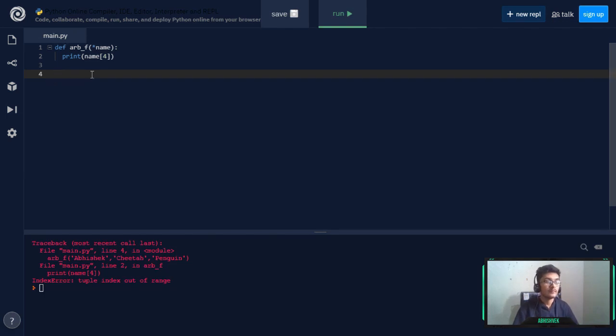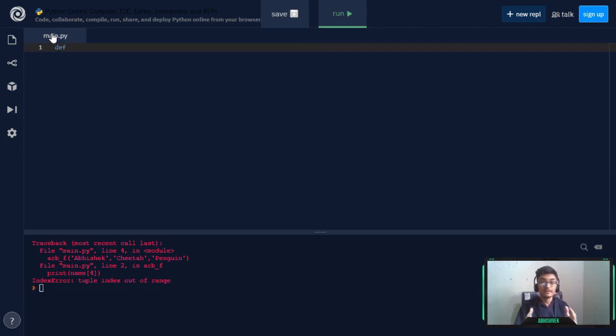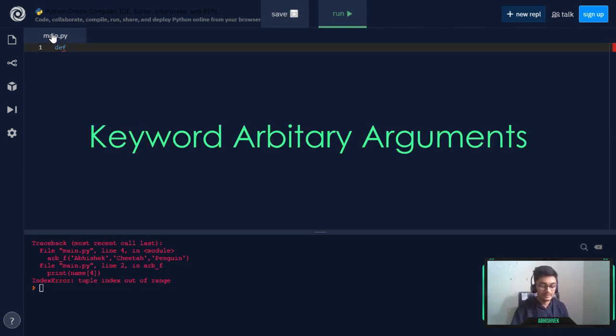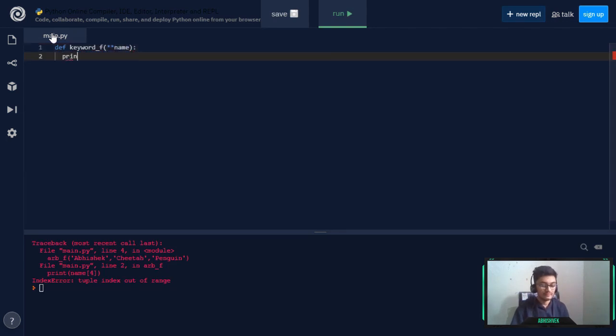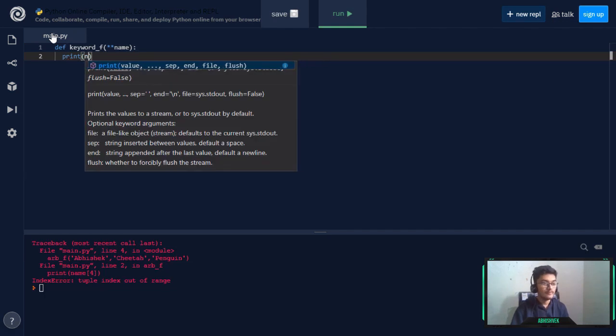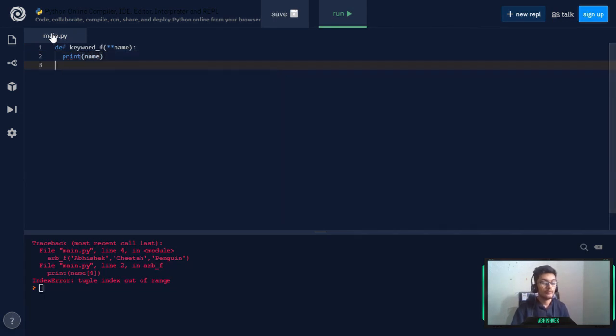Now coming up here, you can also provide your arguments in the form of a dictionary. To do that, you can simply provide keyword arguments. So I can write here keyword function, and here I will provide two stars, and after that I can write name and a colon. Coming down I will simply print it, which is name, and here let's provide some keyword arguments to it.